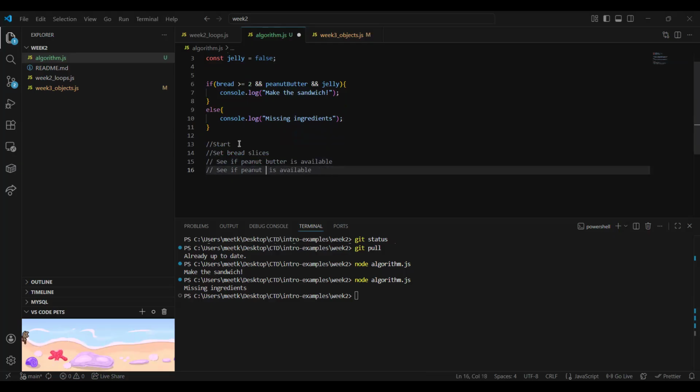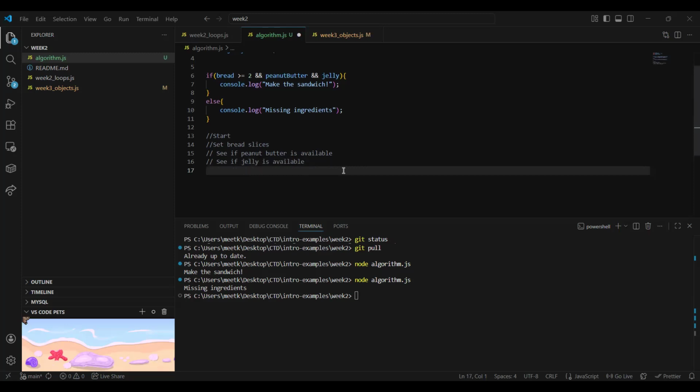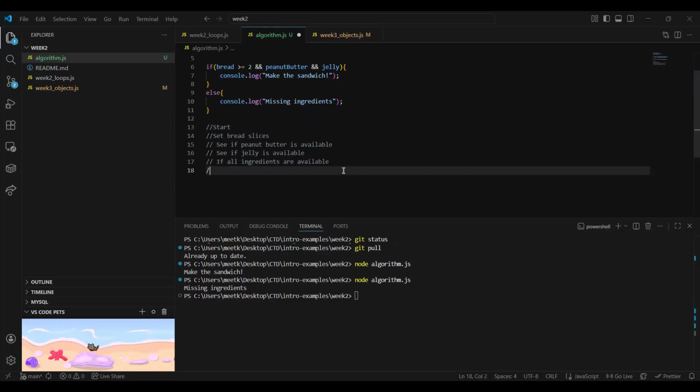And then once all the conditions are set, if all ingredients are available, you could always display make the sandwich,